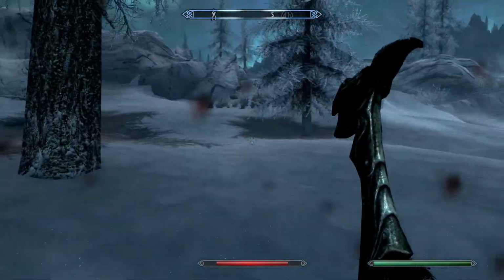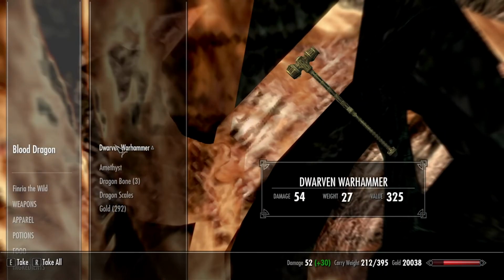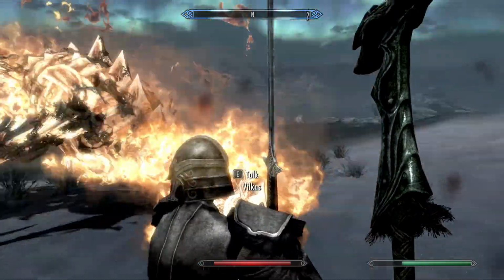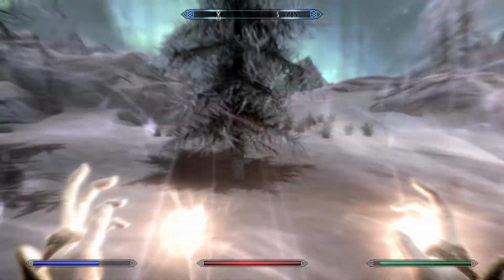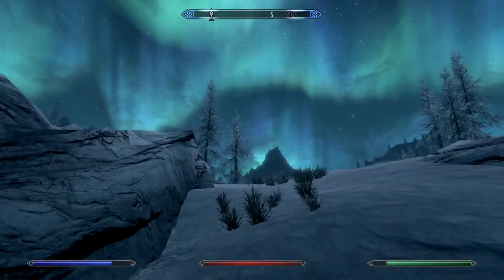Where's Vilkas, by the way? Did he just check out over there talking to the Khajiit, I guess. Not interested in fighting a dragon. Dwarven Warhammer, no thanks. I will take the amethyst and the gold though. We're going to leave... Oh yeah, a little bit late to the party there, aren't you, Vilkas? Boys, I tell ya. Anyway. Now that we have another dragon soul under our belt, let's go and find Morgana and head over to